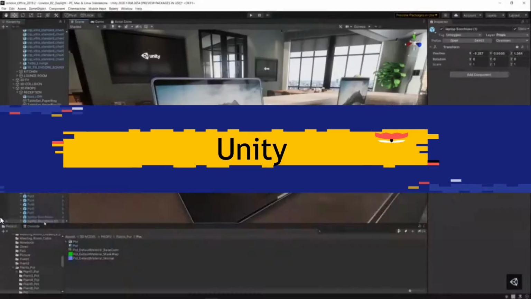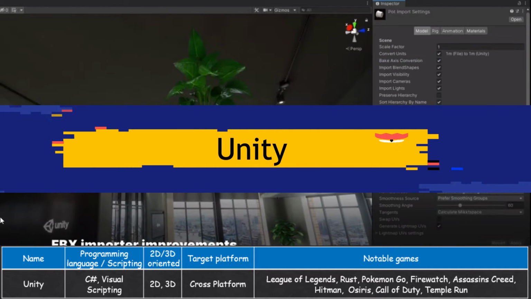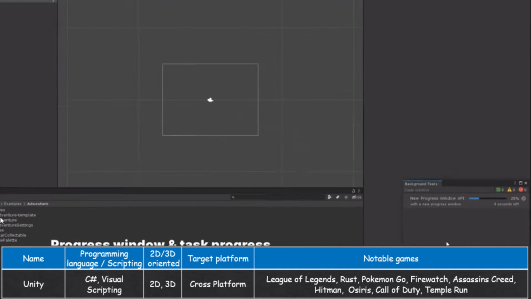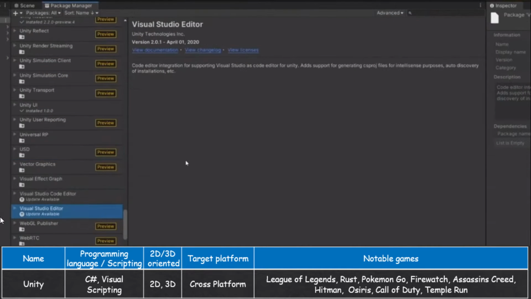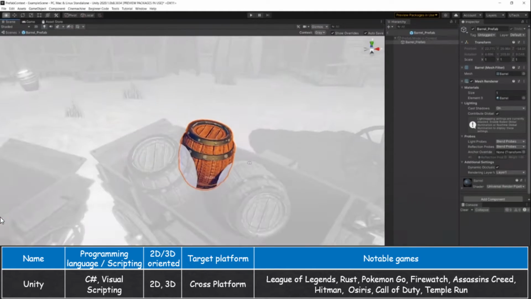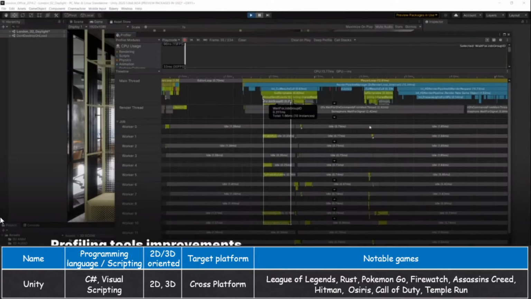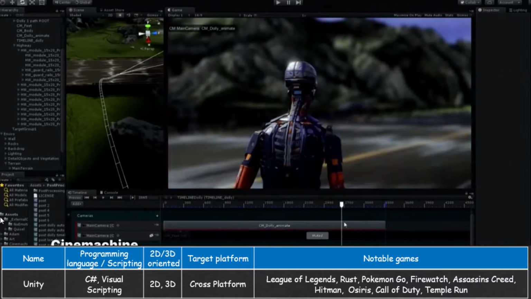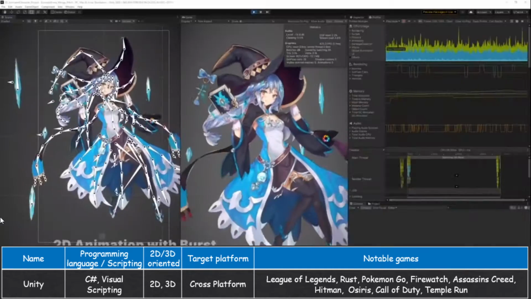Number 2 in the series is Unity, the world's leading real-time creation platform. Unity is used to create half of the world's games. Unity's real-time platform, powered by tools and services, offers incredible possibilities for game developers. For a long time, many developers underestimated Unity, but not anymore. It is now a widely used game creation tool that can be used to make both 2D and 3D games on just about any popular platform.